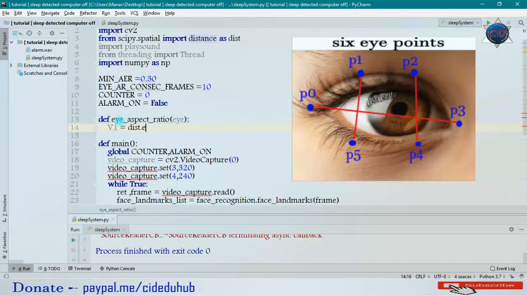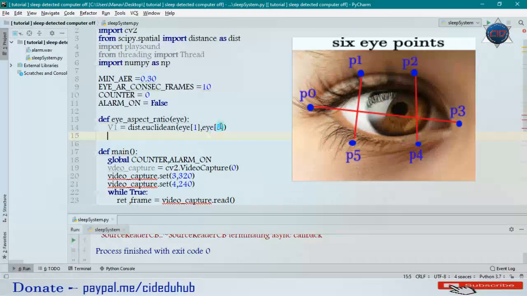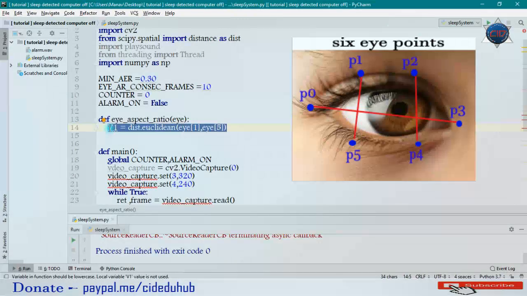Okay, and we'll use the Euclidean distance, so we'll call euclidean, and I will pass here eye[1] value. Okay, that means the first point of this eye. As you can see in this image that this is the eye first point, and I will use also here the eye fifth point.